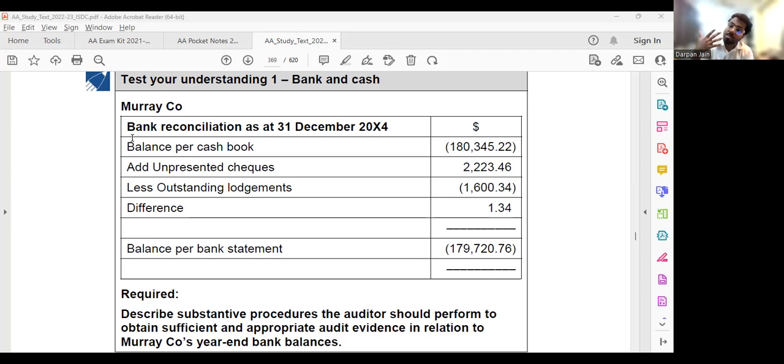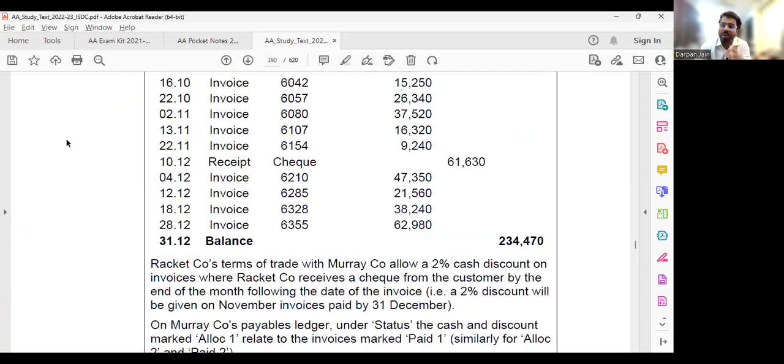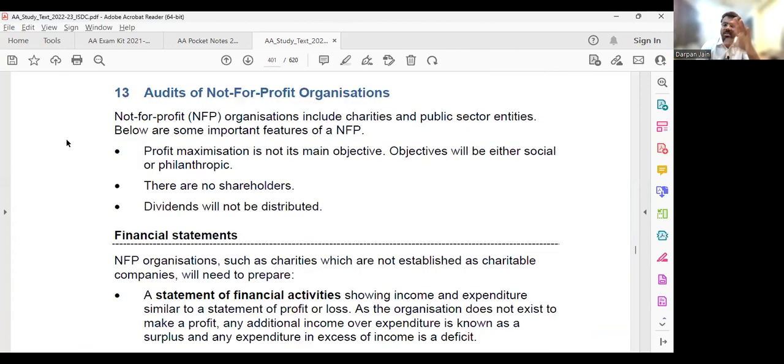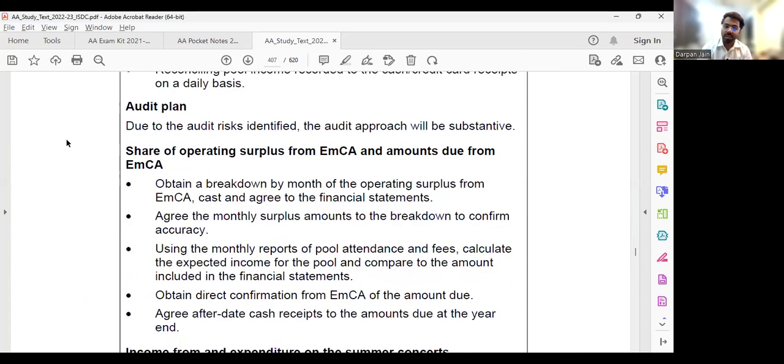It's going to remain mostly the same for many of your different items that we're going to see, like fixed assets, trade receivables. This first point is going to remain the same. And what is the first procedure? Now, the company has given you a bank and cash balance, right? What did the company do?